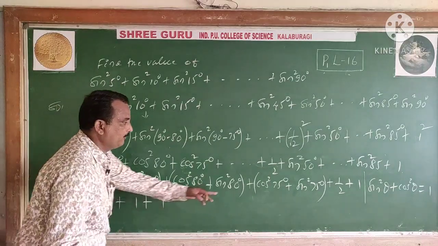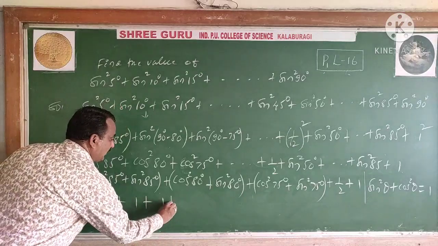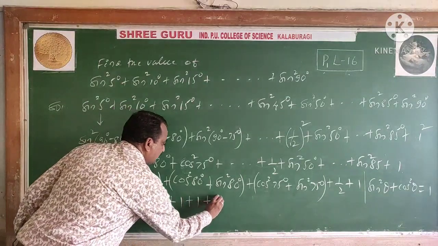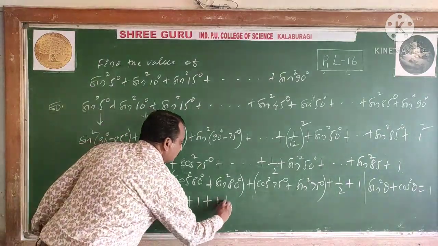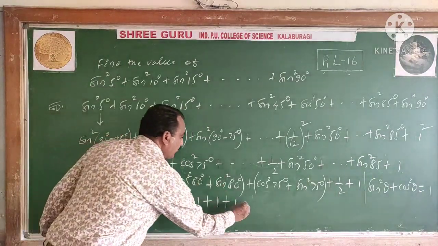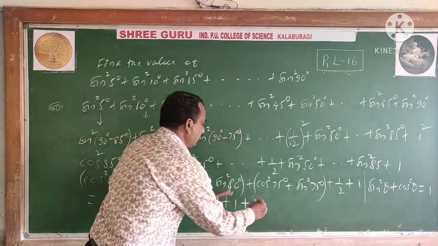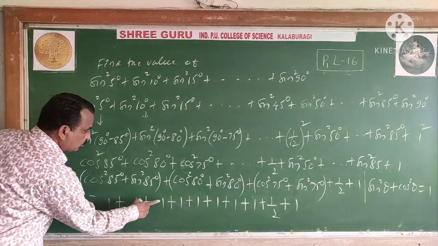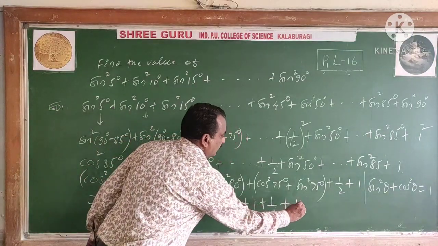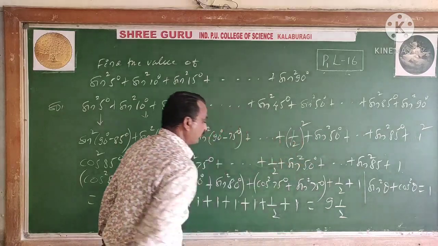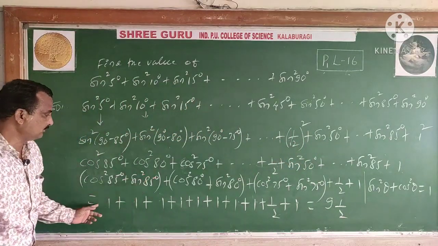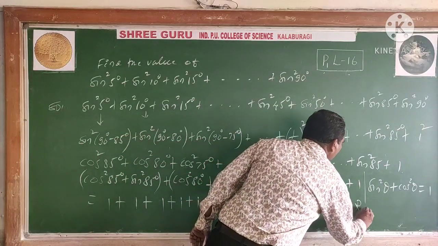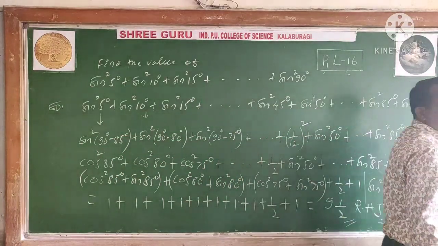Then this is also 1, 75. Next, see the one, what? 70. Is it 1? Next, 70, after 65, then 60, then after 60 is 55, then after 55, 50. Then 45, you have written the value 1 by 2. And then the term is 90. See how many ones: 1, 2, 3, 4, 5, 6, 7, 8, and 9. Nine ones and then a half. So this is the answer here: 9 and a half.